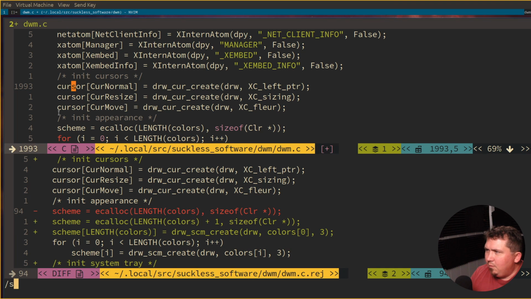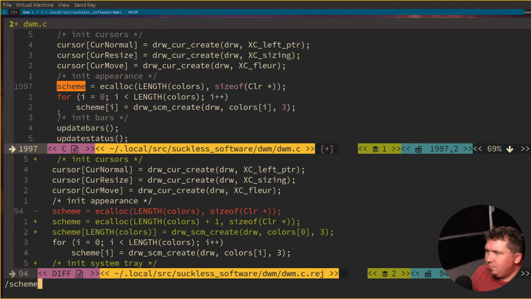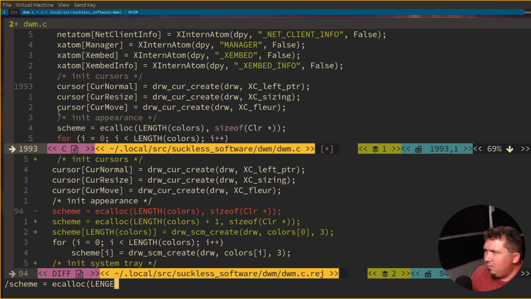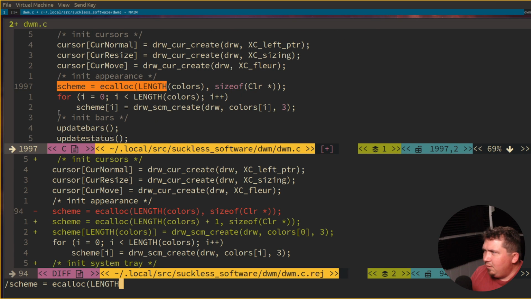All right, let's search for scheme equals ecalloc, length colors i++, okay. Color size of clrs, okay, so when you get rid of that,